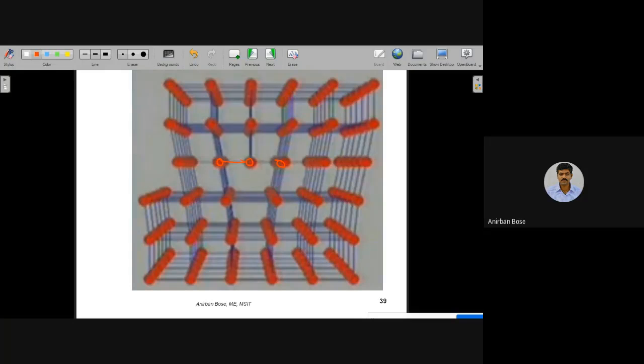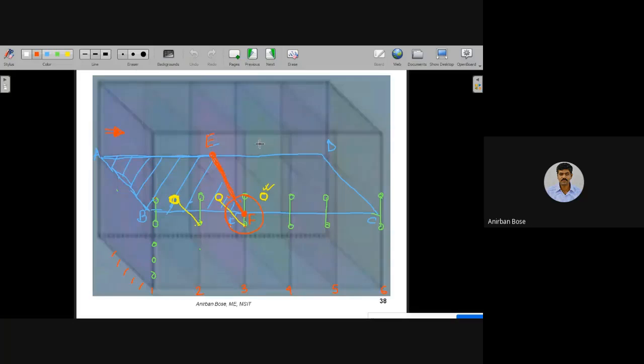Compression means you can see that the distance between these atoms is much closer if you compare with respect to the perfect part of the crystal. Because what actually happened is they come closer, then there will be three atoms that we will observe, whereas in the perfect part maybe in this region and in this region, this is the distance. And here you can see that this distance is quite large if you compare